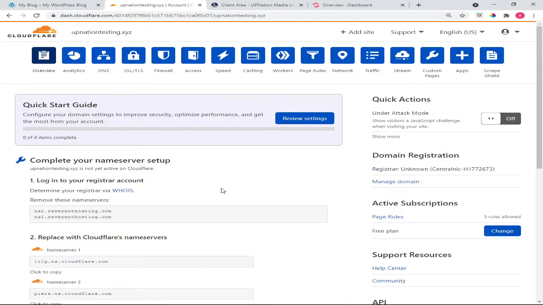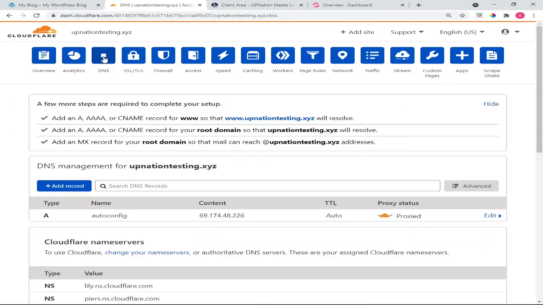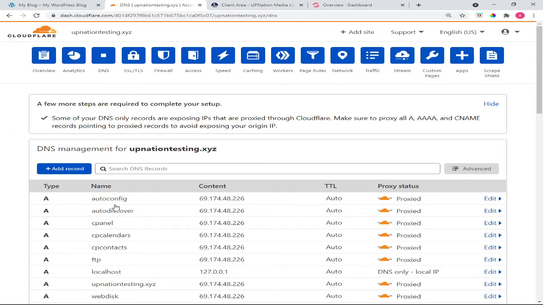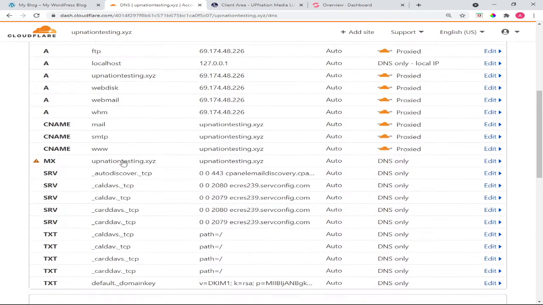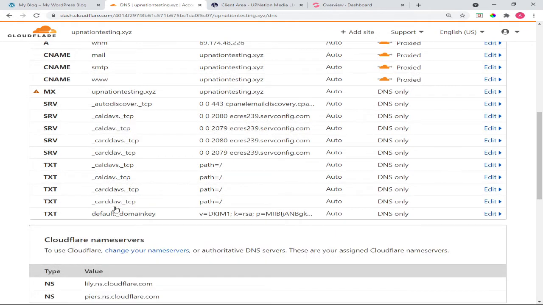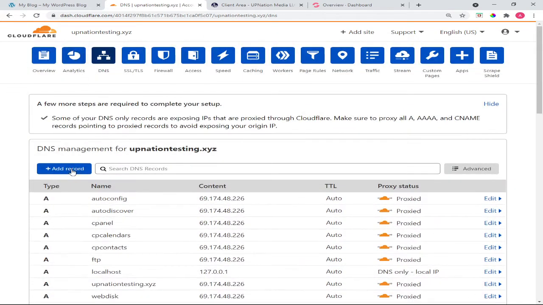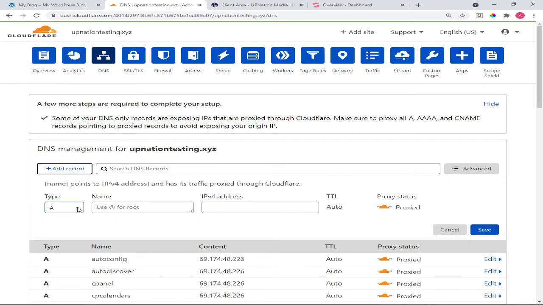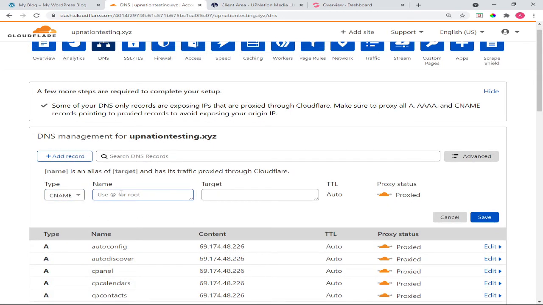All right. So the first thing we're going to want to do is go to DNS. See all of these, the A record, they've already got a www in here. We're going to add a record. It's going to be a CNAME, and this is going to be the name for whatever subdomain name that you want to use. So we're just going to call ours test123,